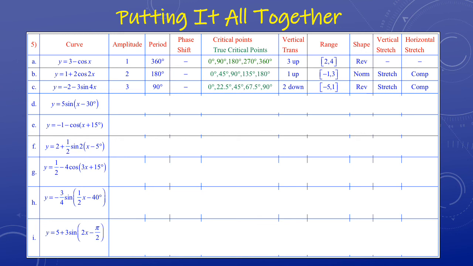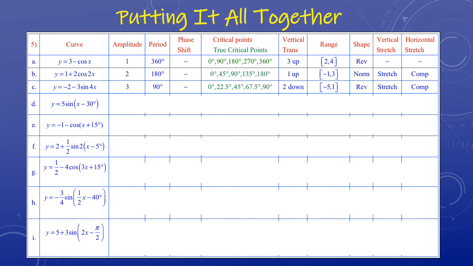This curve has been translated 2 units down, so the range is -5 to 1. The shape of this curve is reversed because of the negative sign. It is stretched vertically because of the amplitude of 3, and it has been compressed horizontally because of the period